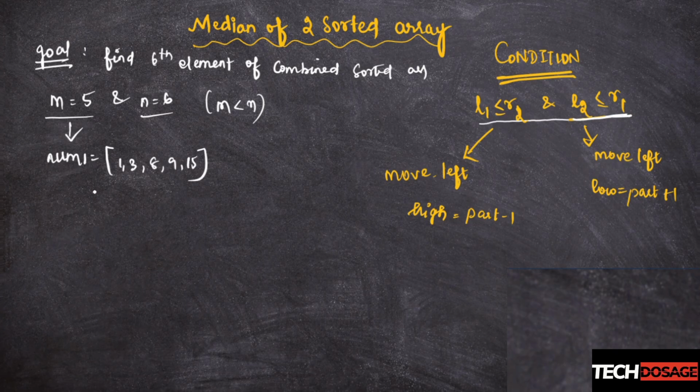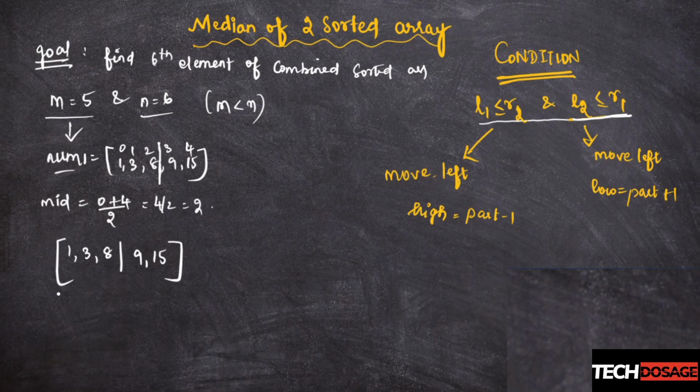I am going to perform binary search partition on this array. I have chosen the smallest array and I'm going to do binary search partition on that array. How to do that? I have to find the midpoint. To do binary search, we usually find the midpoint. How to find the midpoint? 0, 1, 2, 3, 4. These are the indexes. Lowest index plus the highest index by 2, which is 4 by 2, which is 2. So I get a partition after index 2. Okay. Now, this is how the partition would look like.